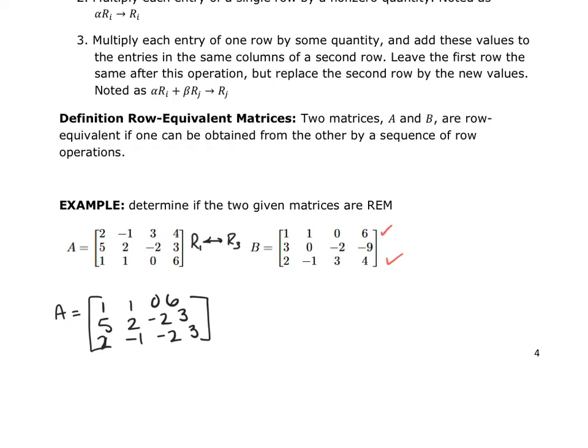So row 1 and row 2 in the B matrix are matching my A matrix by just changing those two rows. So then it's a matter of, can I get row 2 by a combination of adding or subtracting row 1 multiplied by something and adding it to row 2, putting the answer back in row 2, or taking row 3, multiplying it by something, adding it to row 2, and putting the answer back into row 2. So if I take my